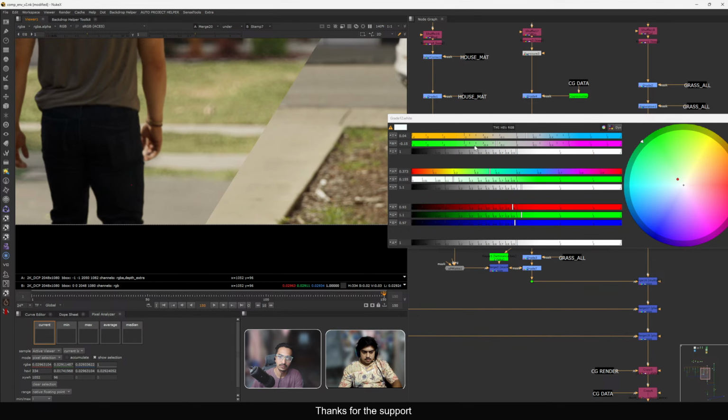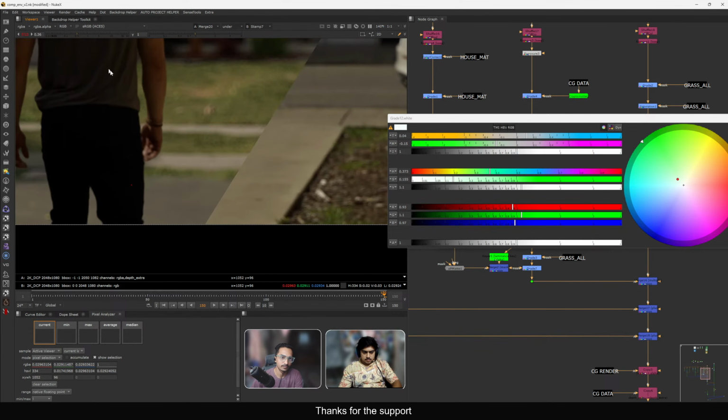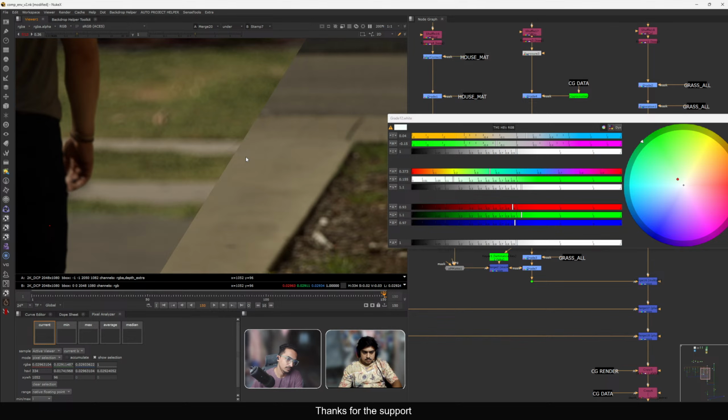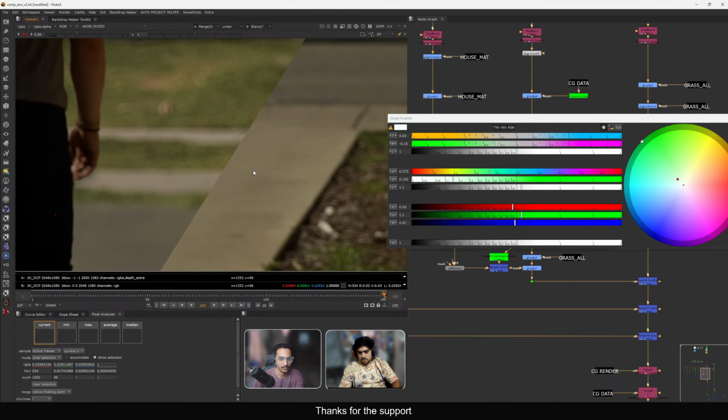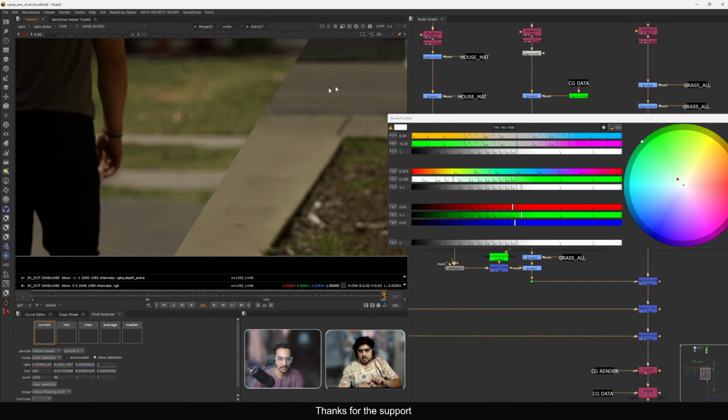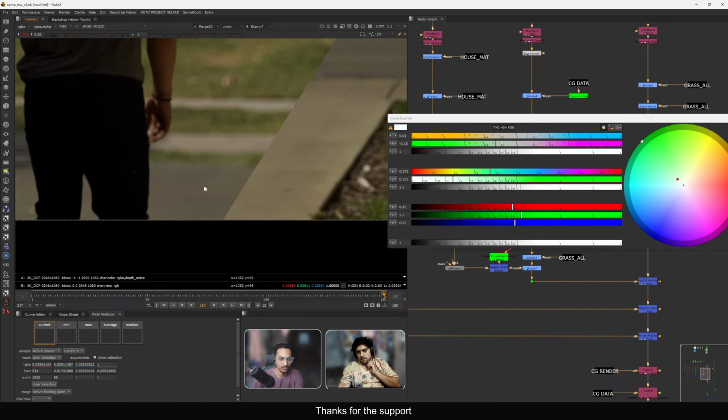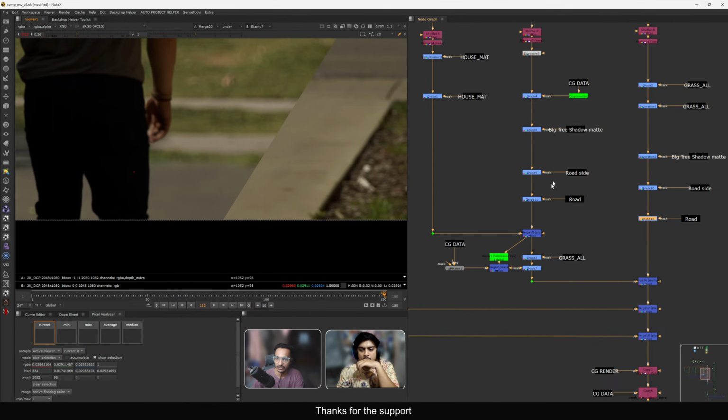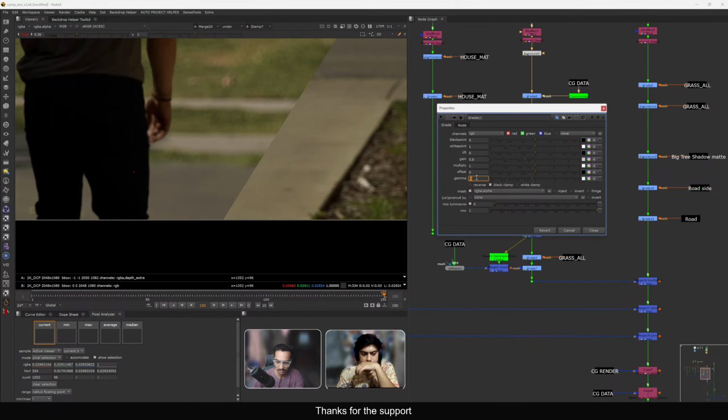Because this has a little bit of contrast, you can see it's not flat. Our road is a little bit flat. So if I add a little bit of gamma,